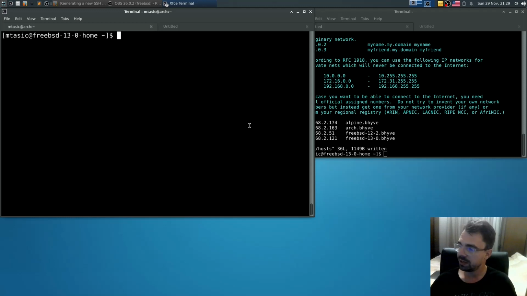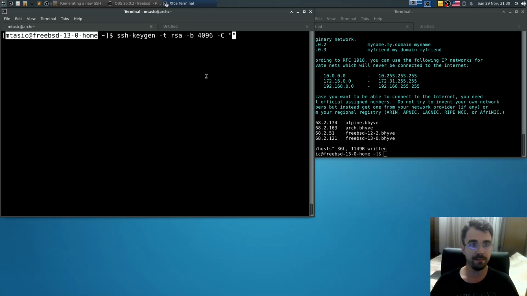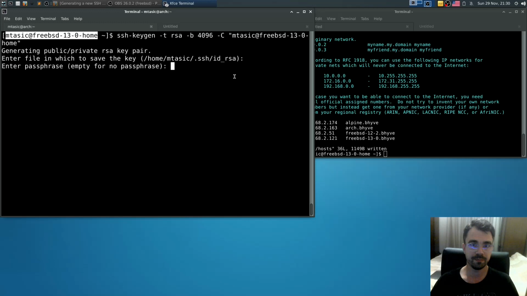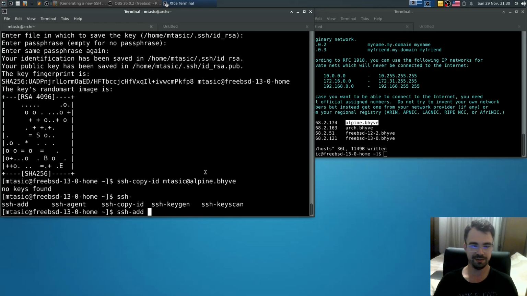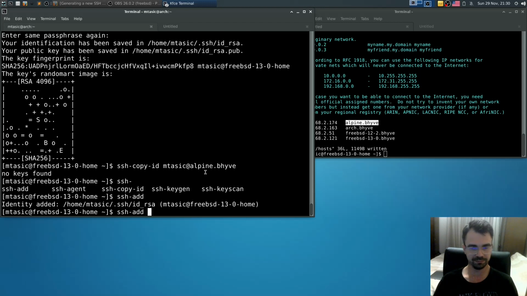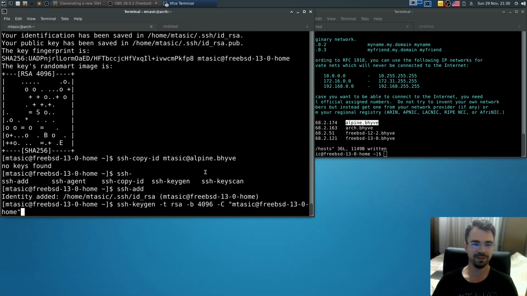And what I'll do right now, there is one more step. For convenience, I don't want to type any more passwords, so I want to generate a key again, just an SSH key. Type RSA, bits 4096, and the name will be this one. ssh-add, and now I'll say copy.